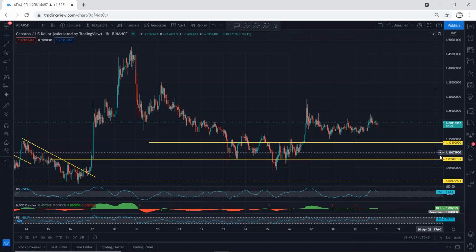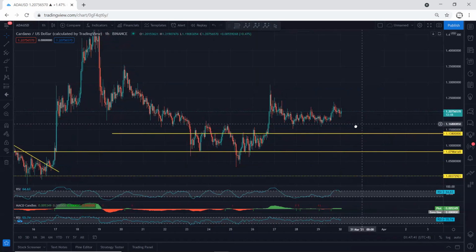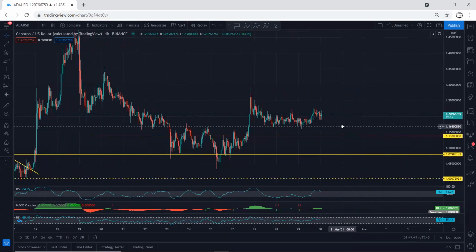ADA, we start with one of our charts. I want to give a quick update. If we refer to our analysis, we have been looking for buy from this correction. We mentioned as long as the price hasn't retested this low, we can look for this correction in relation to this. And as we can see in my last analysis, we mentioned maybe we can look for this one